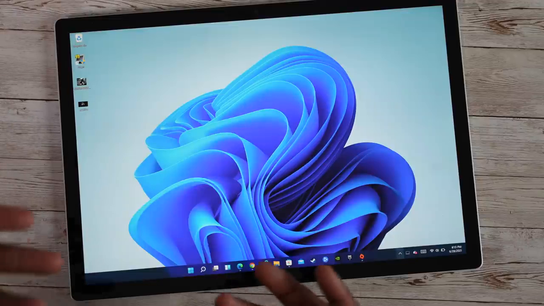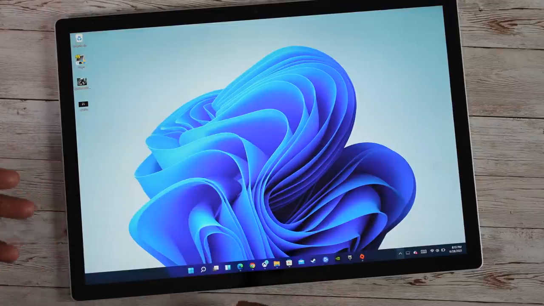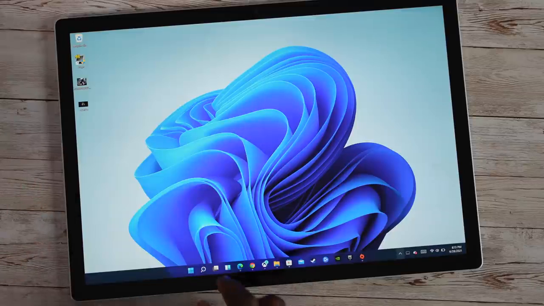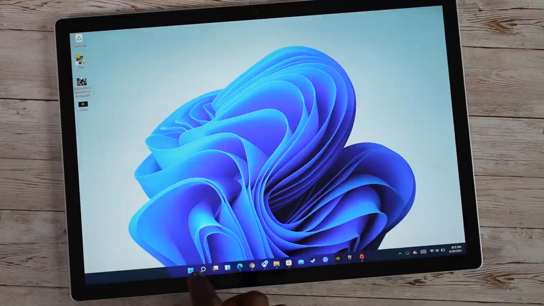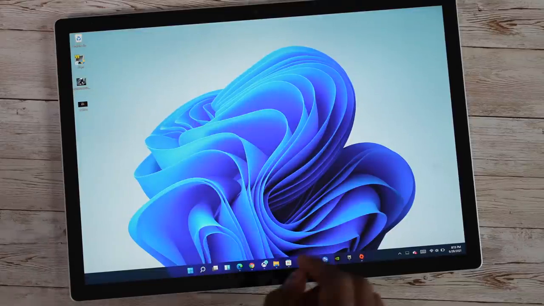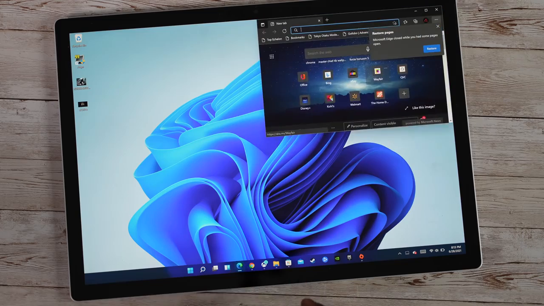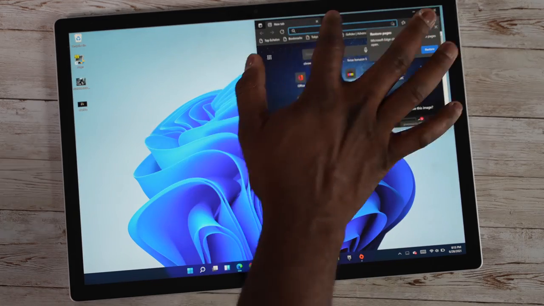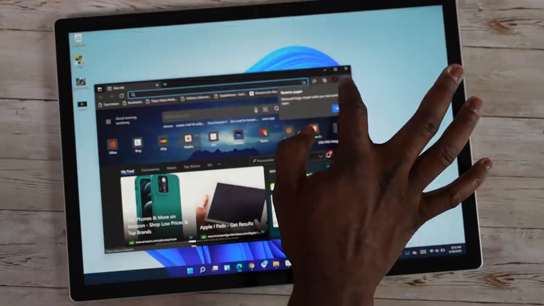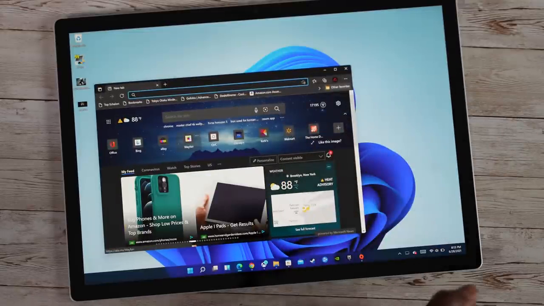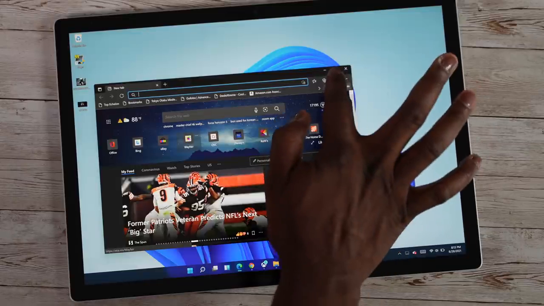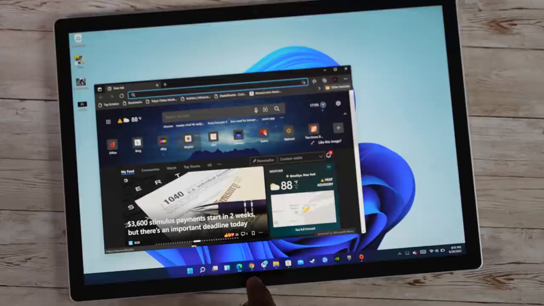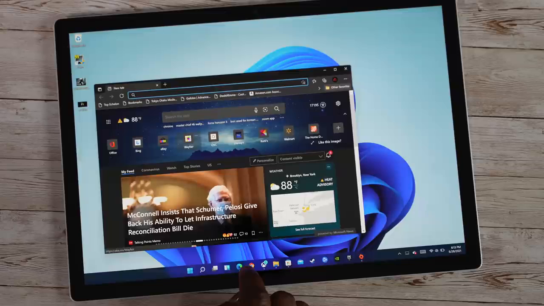Again, it runs pretty well. It feels like Windows 10 with upgrades, but there's some more things to it that you can actually do. So let's do the multiple screen layout. So for instance, you open up an application like, let's take Edge here. Now if you have a mouse and keyboard, you can just basically hover over the center icon here and make multiple windows. The easier way to do it on touch is to press and hold down here, actually